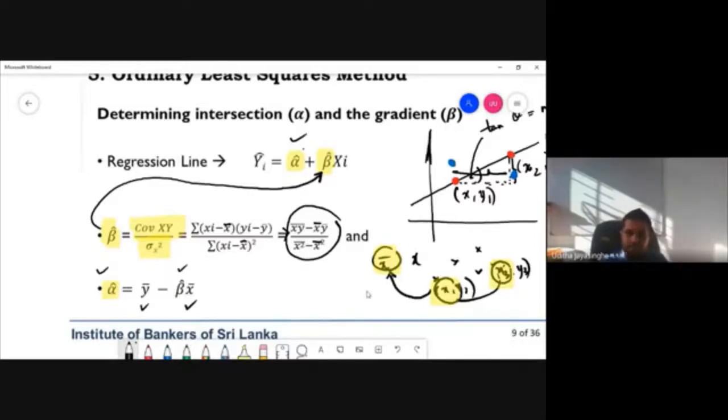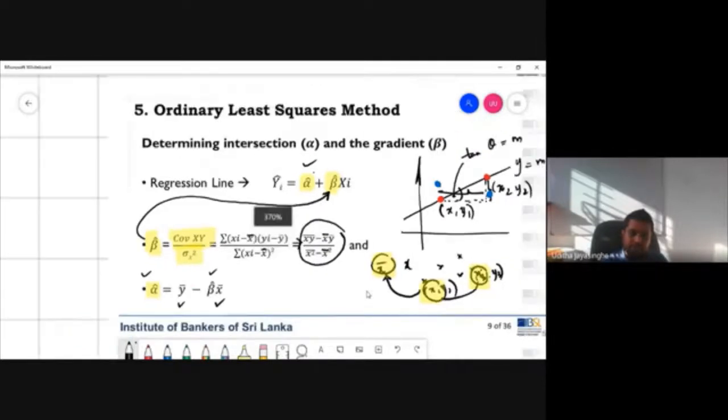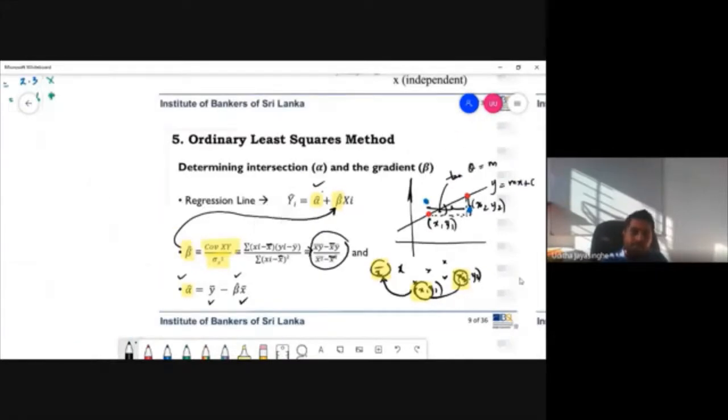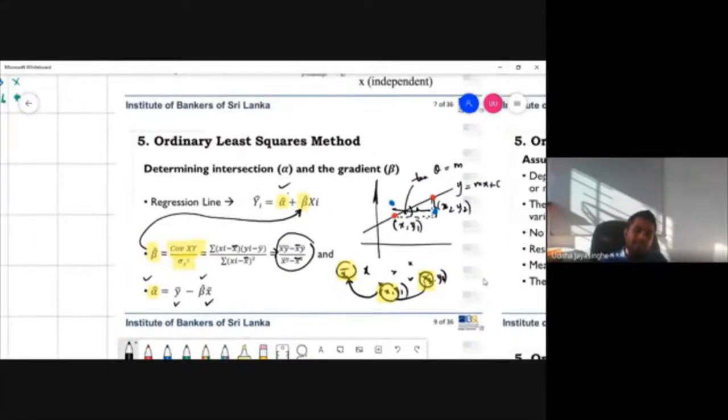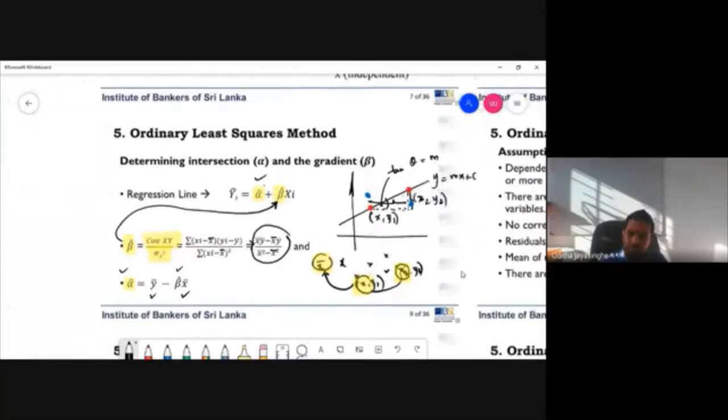So there's no hard and fast rule here. That's the components of beta and alpha computation. So I urge, don't worry, forget about this complex equation. Just keep this form in your mind on the covariance and variance calculation. This is enough. And once you know the ingredients and where to apply and how to apply, you can easily